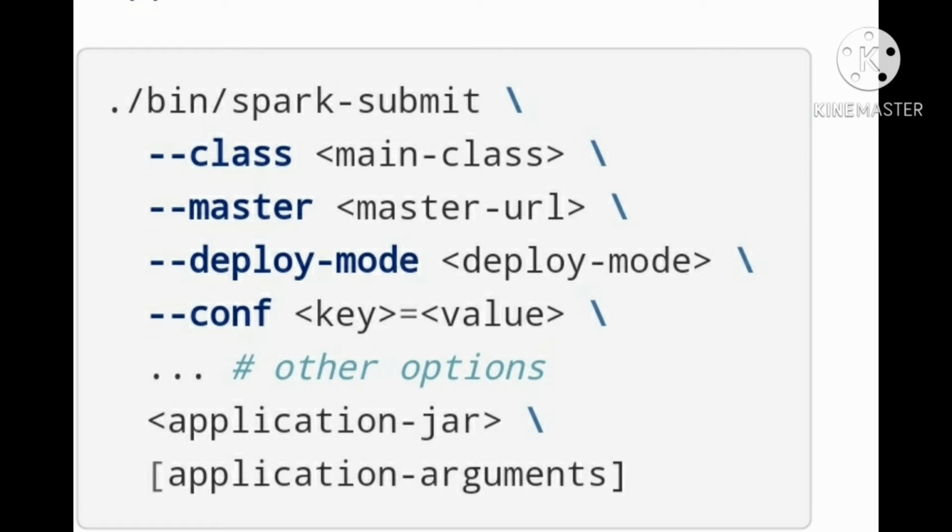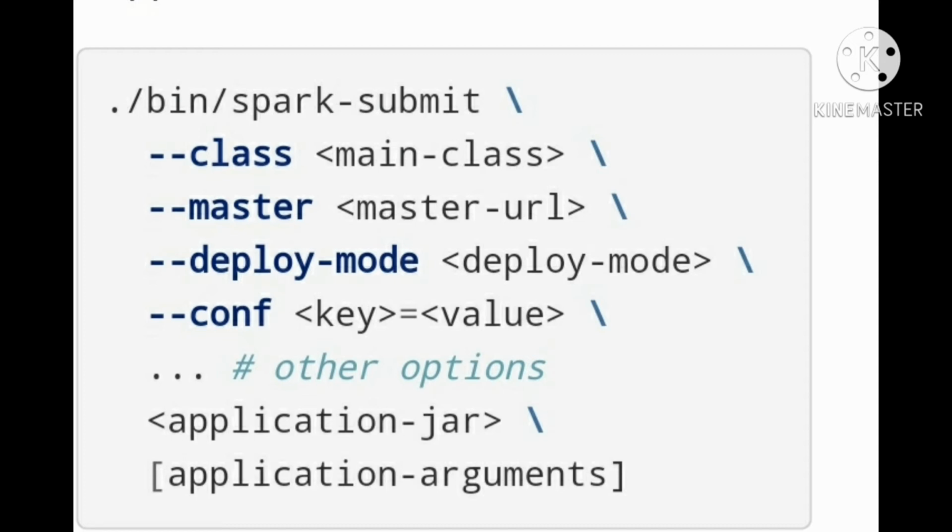If multiple users submit multiple Spark submits from the edge node, what will happen? With deployment mode equal to client, if we are submitting multiple Spark submits, the edge node has to allocate the memory for each driver program.